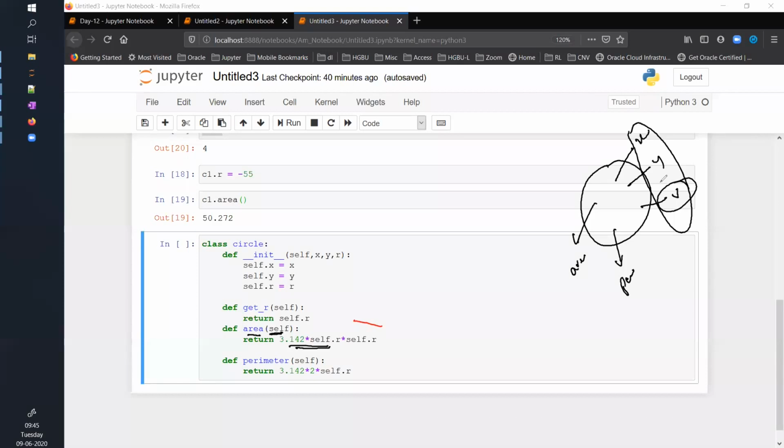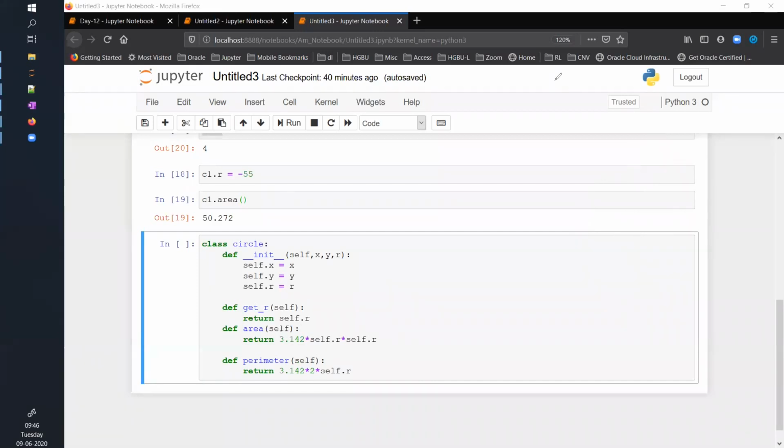So a radius, I need not pass it explicitly anymore. I can just pass self and everything will be available. That's why every time I'm passing self, nothing else. So that was one point that I missed. So now what I will say is get_r. I know that I'm trying to fetch radius, so I will just pass self to this function, and then I will say return self.r.